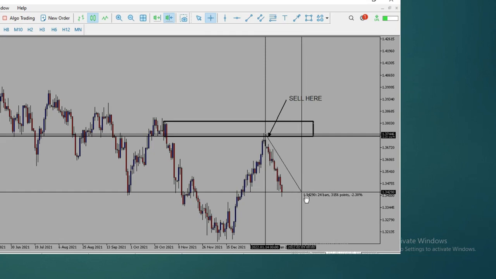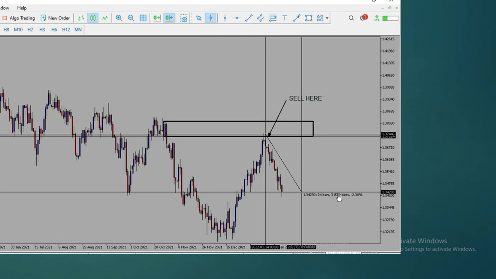From here to this point, we have 24 bars or 24 candlesticks. The points that we have there is 3,156. But remember, we said for our calculations we'll be using pips, the smallest unit movement in the forex market. So to convert this from points or pipettes to pips, we simply divide by 10. We ignore the last digit. There's no need of rounding because it's a very small thing. So it's basically 315